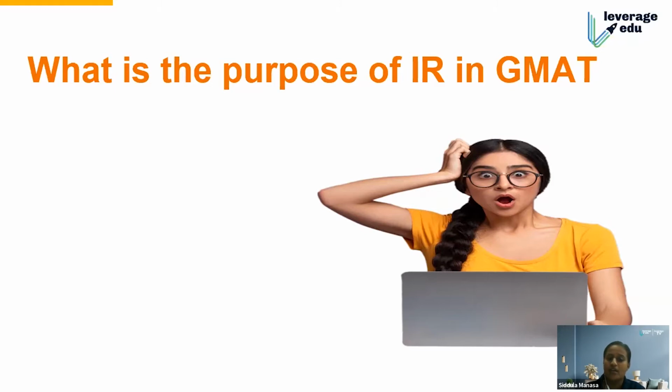Likewise, real-world data in excess quantity, which is actually given in your GMAT questions, has to be sorted in a smarter way. That parameter will actually differentiate you from the student who is unable to analyze such real-world business cases, right? In contrast to the quantitative section, IR gives you some giant tables